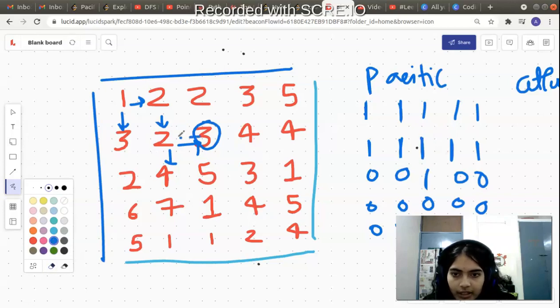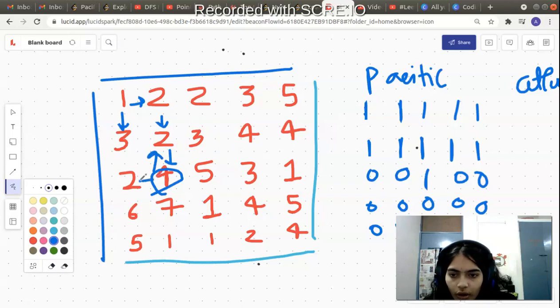And now this is making the function call to all of its 4 neighbors. In this case, when it makes the call to the left neighbor, 2 is smaller than 3, it will return. When it makes the call to the top neighbor, the function call will return back, 2 is smaller than 3. When it makes the call to its right neighbor, it's already 1, so that will also return back. When it makes the call to its down neighbor, it's already 1, that will also return back. So this right function call also returns back, and I have erased 3 and 5, so I will write it back again.